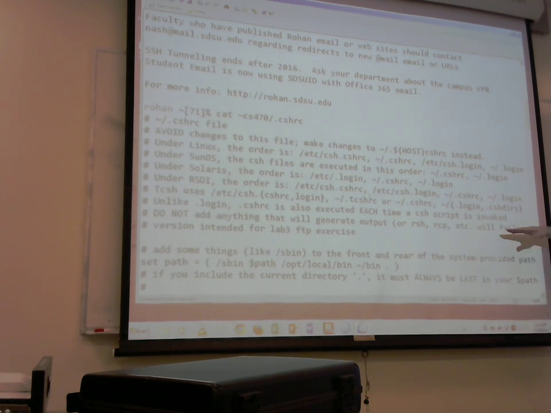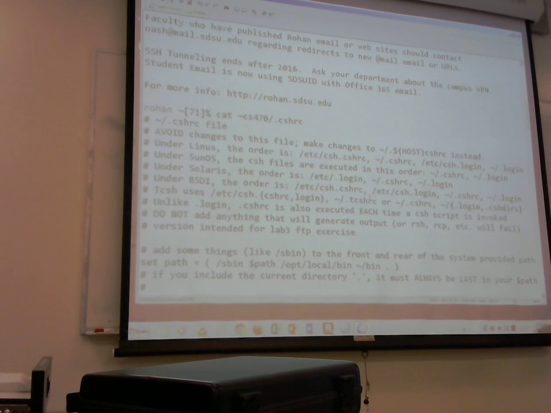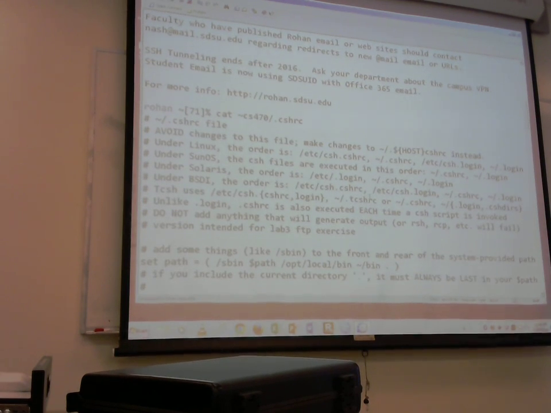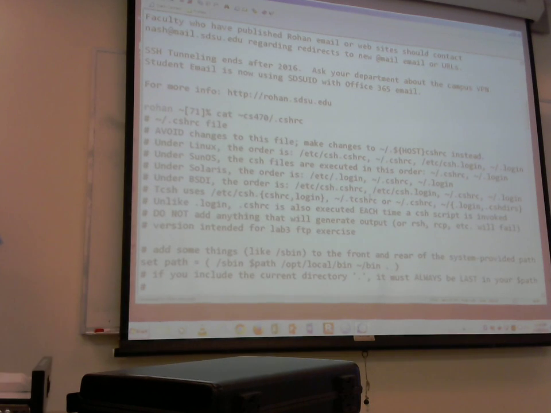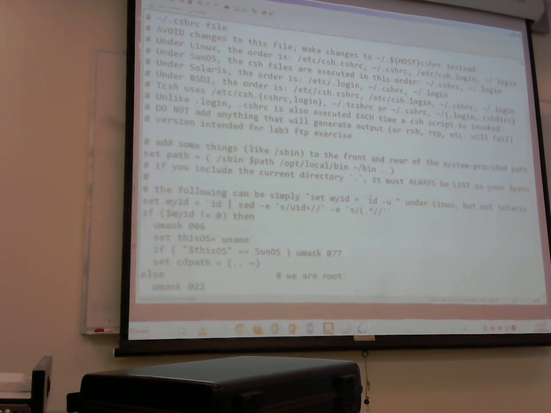All right, now in these scripts, you generally don't want anything that's going to give you output. So putting in echo statements and things in there tends to break some utility. So it's generally not a good idea to do that. All right, and what we did for the 470 class here,